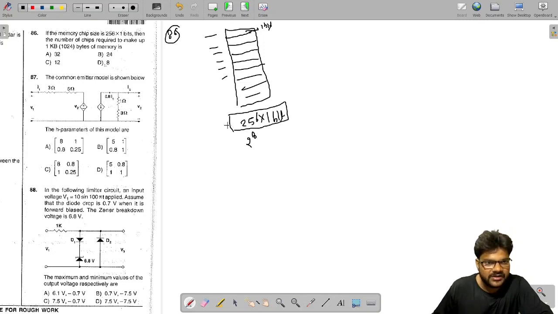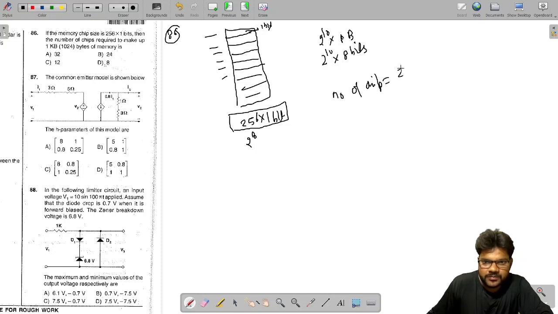Then the number of chips required to make up 1 KB. So we have to make a memory of 1 KB. 1 KB means what? 2 to the power 10 into 1 byte, right? So 2 to the power 10 into 8 bits. So to make this memory, how many chips would we require? Because one chip has this much size, the number of chips would be 2 to the power 10 into 2 to the power 3 bits,